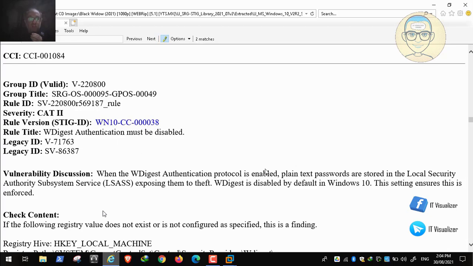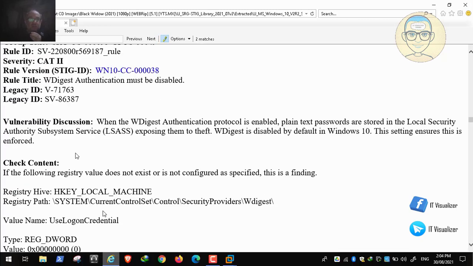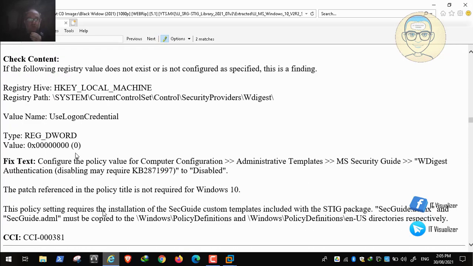So we need to disable this protocol because the password used for verification, for example if there is a user whose password I need to verify, is sent on the network in plain text. It is not encrypted. As for Kerberos, the password is sent to the domain controller to verify it, but it is encrypted. So we need to disable WDigest because it doesn't encrypt the password in the authentication process. It is disabled by default in Windows 10, but we need to go and see